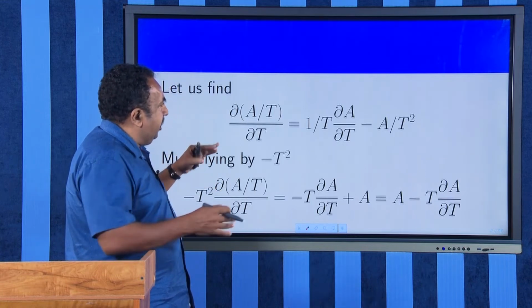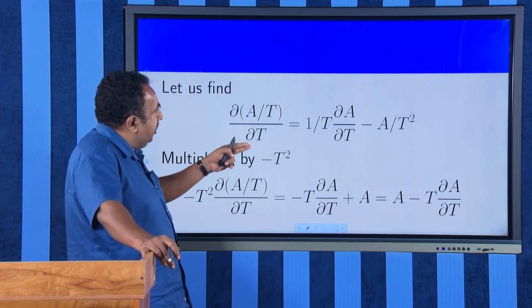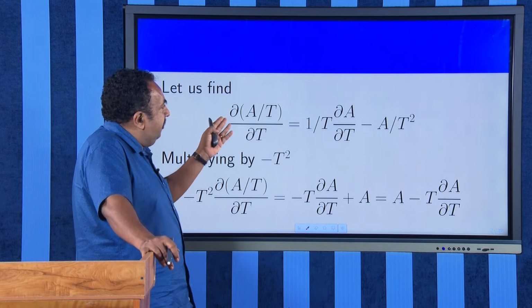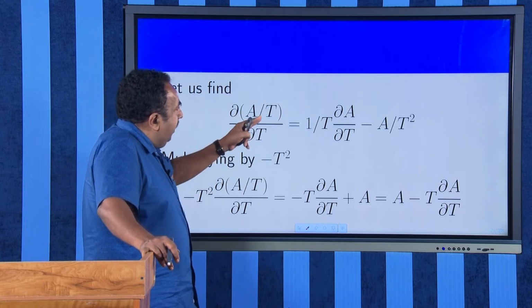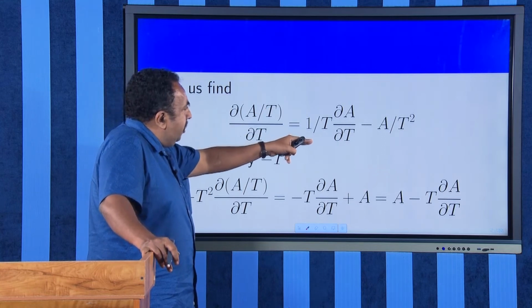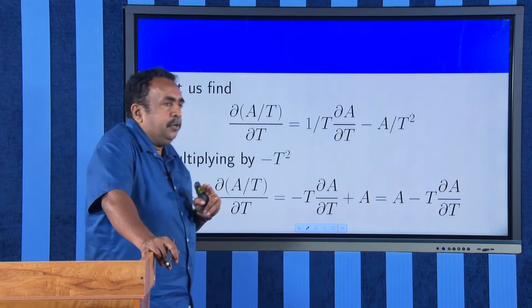For that, it is not a direct method; we have to take the partial derivative of A by T. A is a function of temperature. Therefore, first you take the derivative of A by T. A by T means A times T raised to minus 1. Keeping 1 by T as constant, you can have the derivative of A with respect to T,